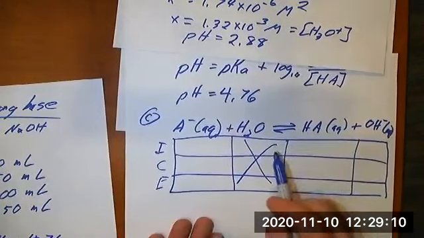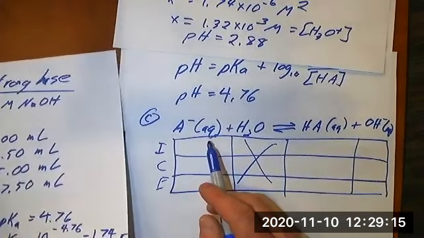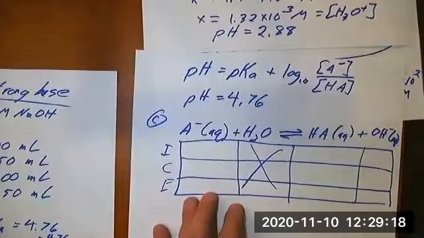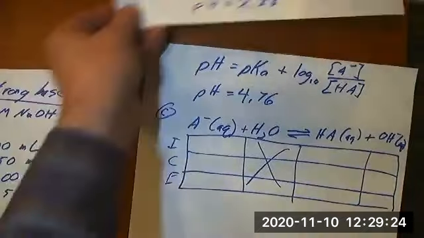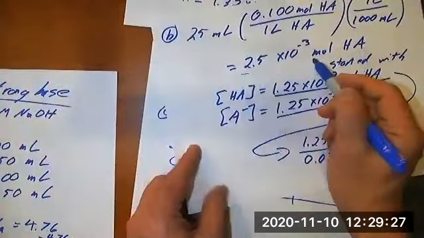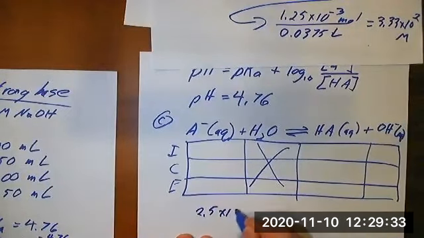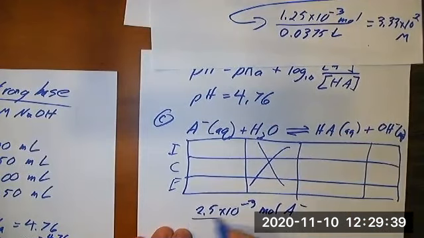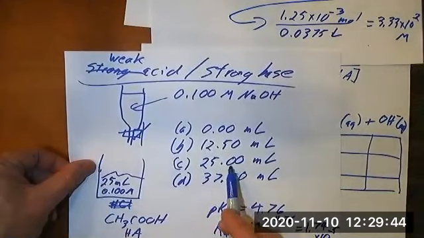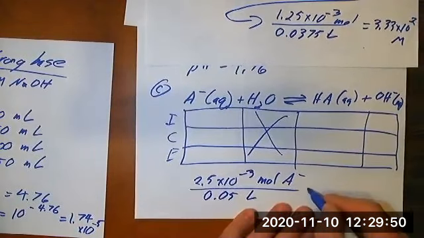So the first thing we need to do is to find out what our concentration of A minus is. Well, we've already calculated how much HA we started with, which was this value right here, that many moles. So let's take our 2.5 times 10 to the minus 3 moles of A minus, since it's all been converted into A minus, over our volume in this case, which is 25 mils plus 25 mils, or 50 mils, 0.05 liters, gives us